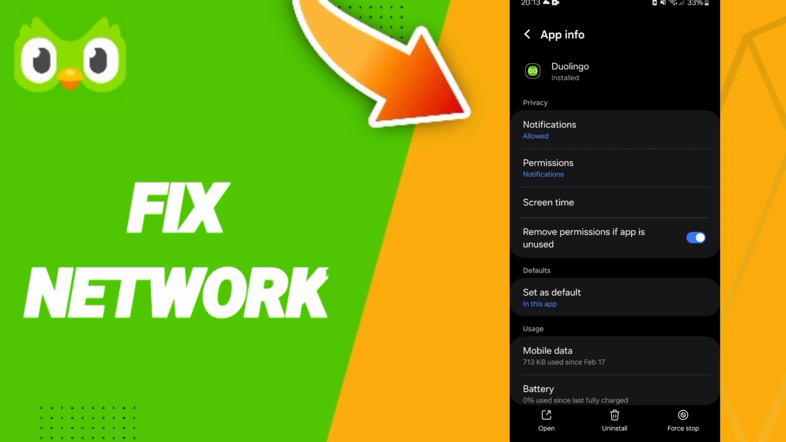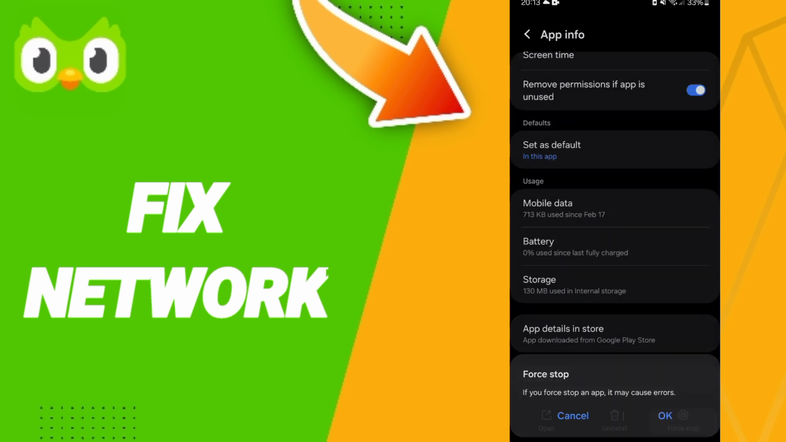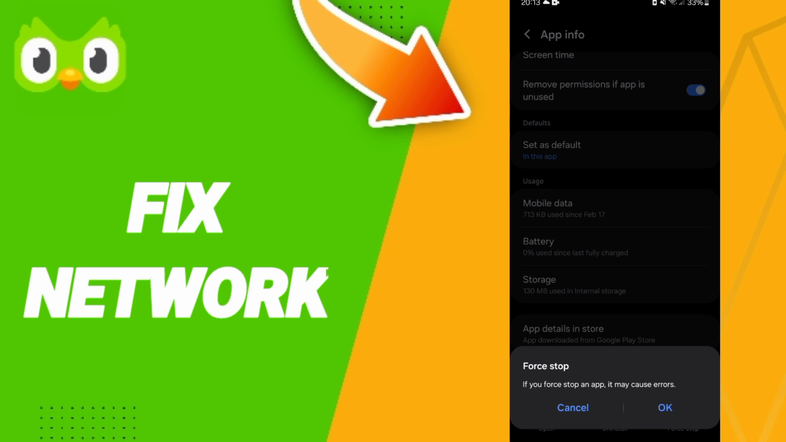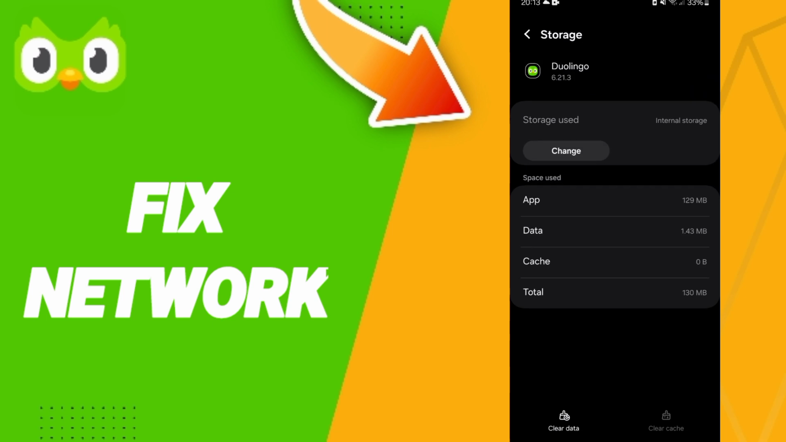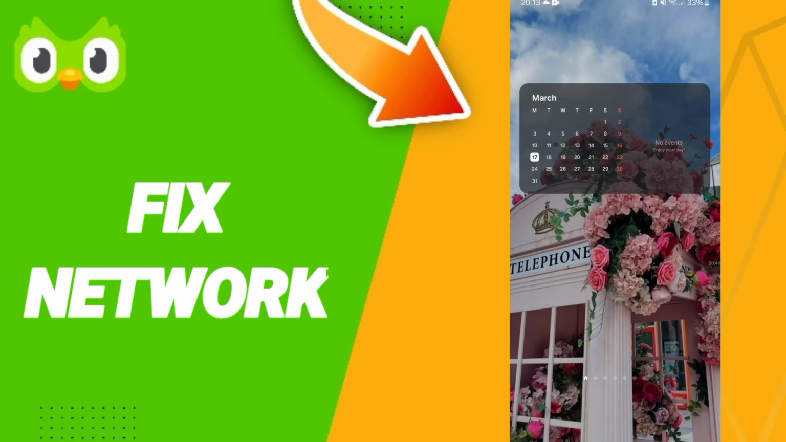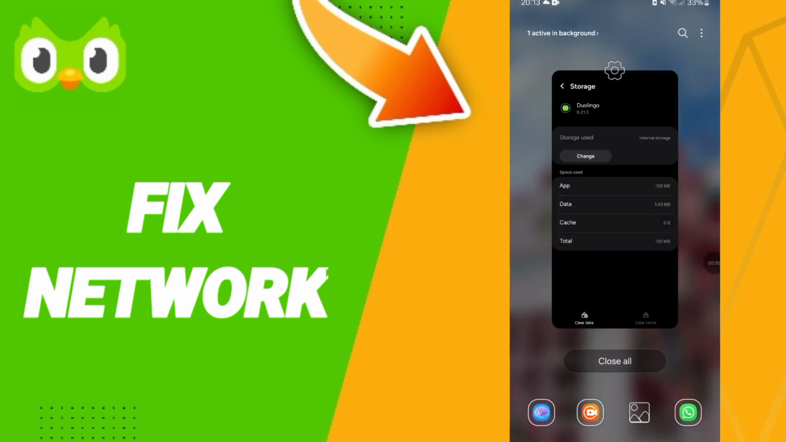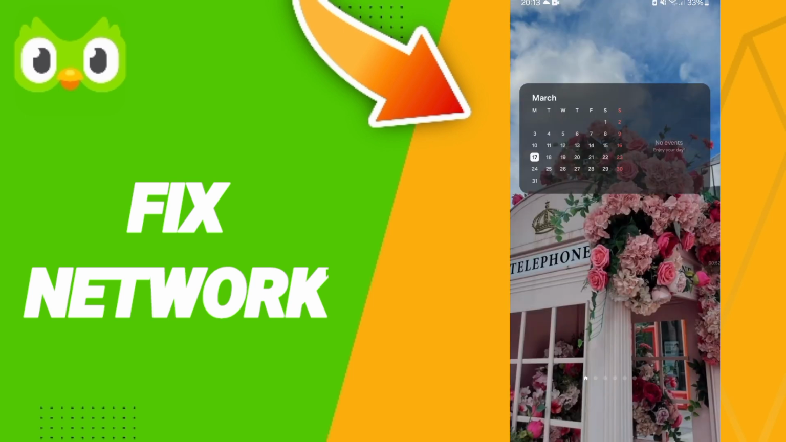In this page of app info, you will click on force stop and you will click OK. Here you will enter the storage window. Here you will click on clear cache. In the end you will turn off your phone and wait a moment to restart your phone again